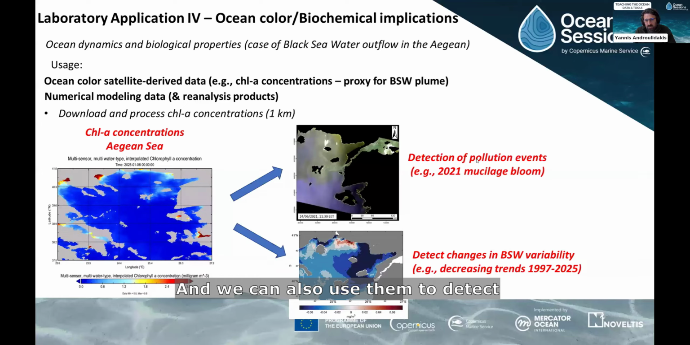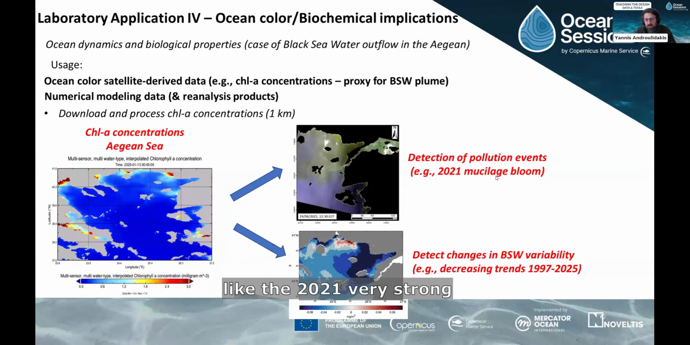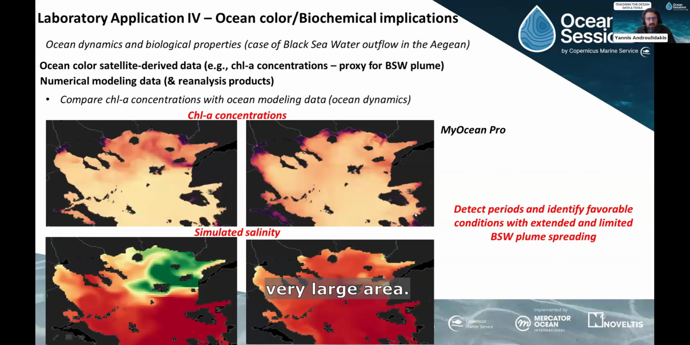we can also use them to detect pollution events, like the 2021 very strong mucilage bloom that affected a very large area. And so this is again with MyOcean Pro. This is the chlorophyll A concentrations for an extended Black Sea water plume spreading in the North Aegean. This is a limited case, and the students can use this together with